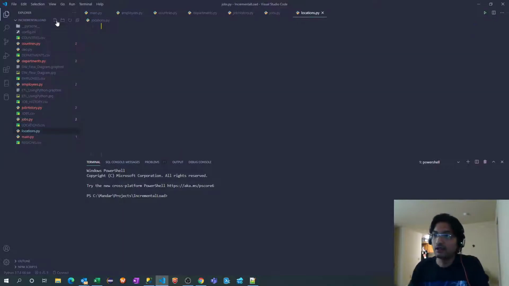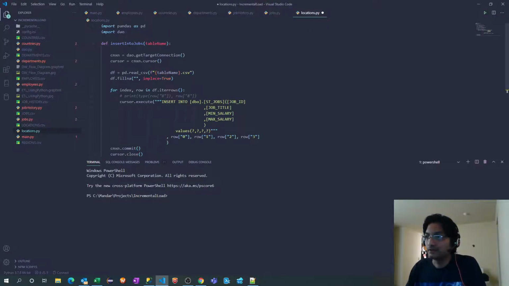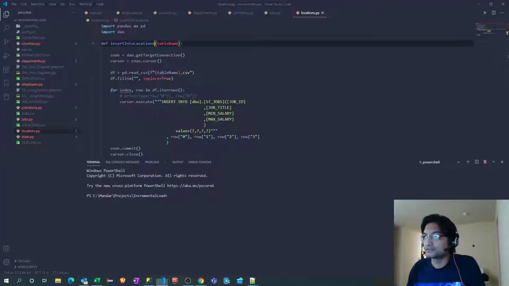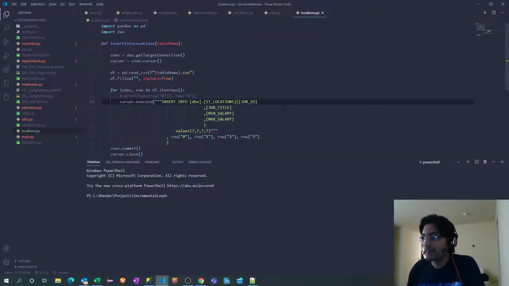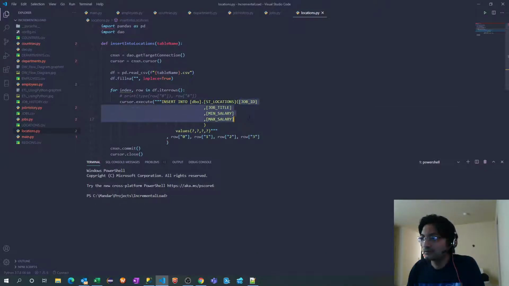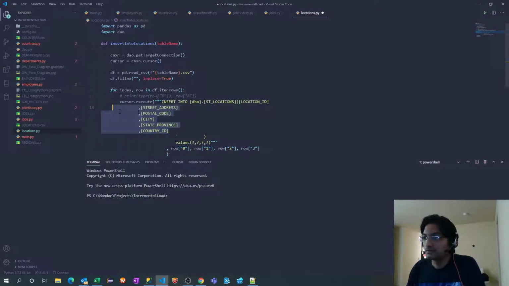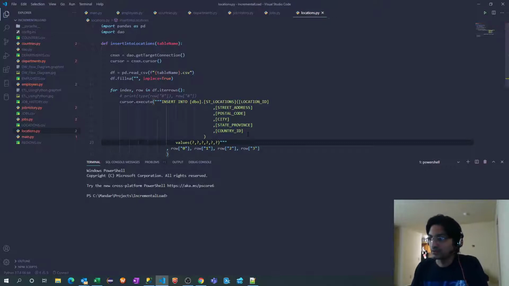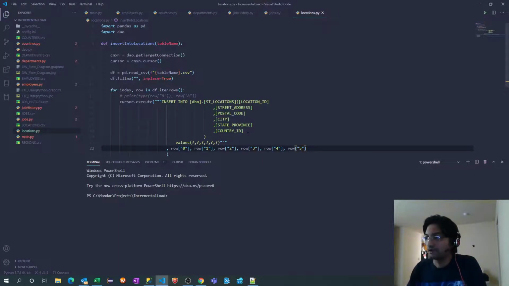Locations.py. Insert into locations. I need to change the table name and column names. One, two, three, 4, 5, 6. I need to add 2 more question marks. 3, 4, 5.